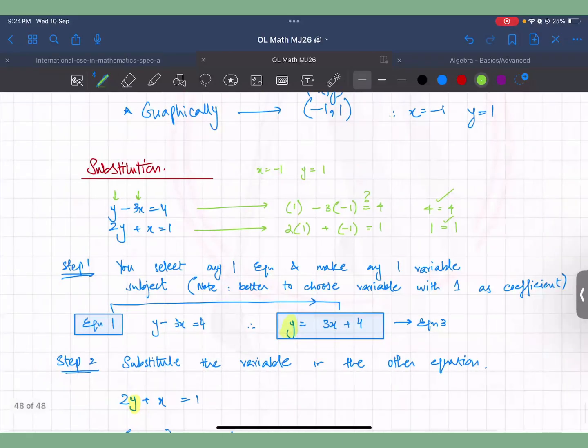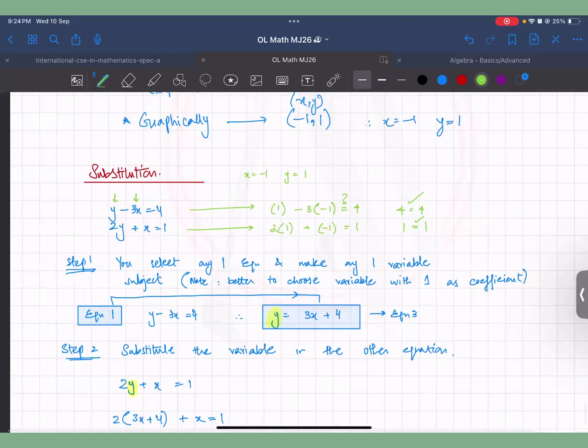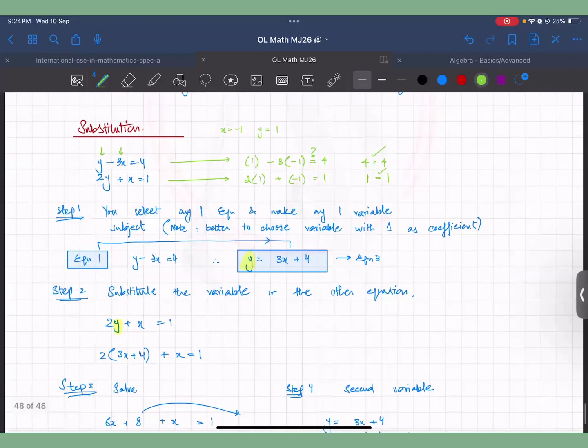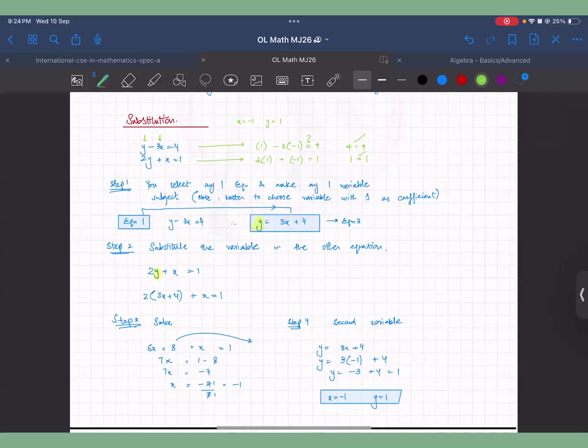So now जो सवाल उसने पूछा था, किसने पूछा था? That the variable values are the same for both equations. Yes, you can see that the solution is satisfying both. लॉजिक समझ आई किसी को? How can you confirm your solution? You found the solution and then you input the solution back in the question. If your solution is satisfying the question, this means you have got the right answer. अगर ये बराबर ना आते, this means you have got it wrong. So try again.